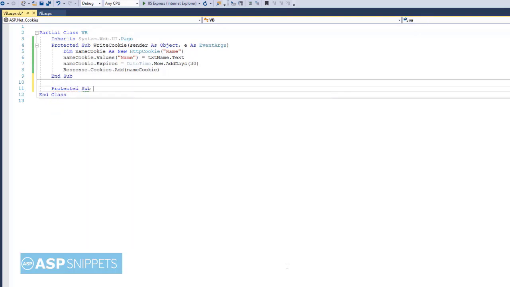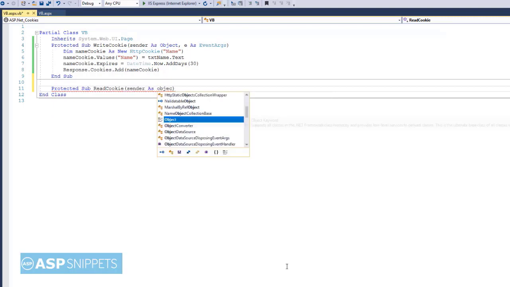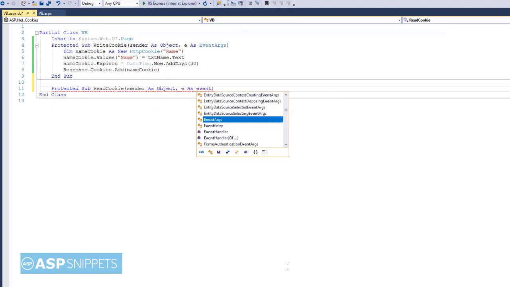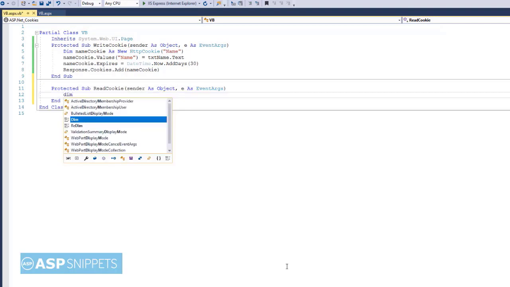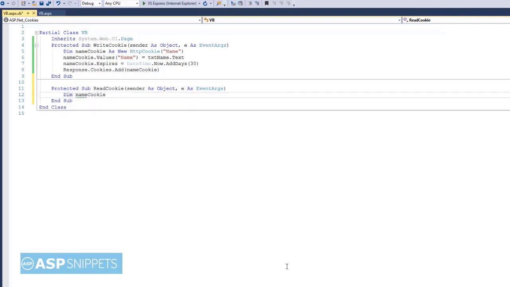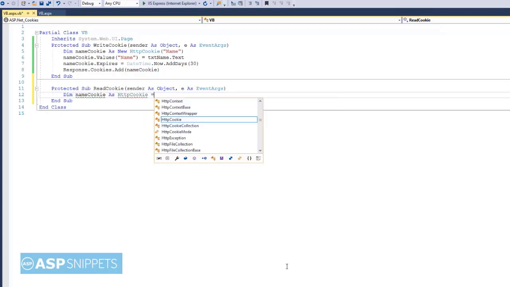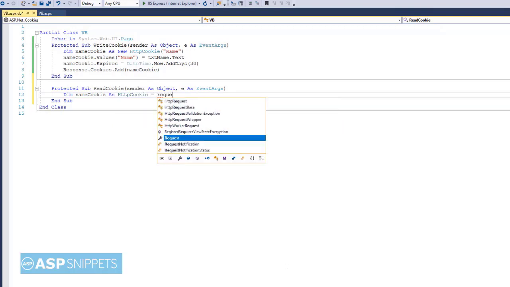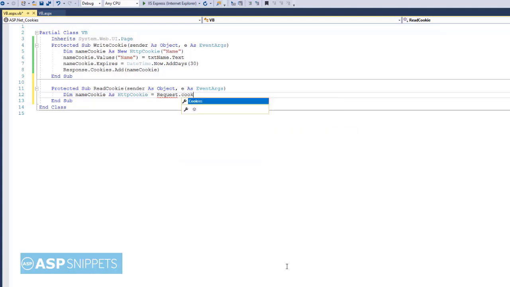So here we'll define the event handler for reading the cookie. Now again I am creating an object of HTTP cookie class, but here instead of creating a new object, I'll be reading the value of the cookie from the request.cookies collection using the name of the cookie.